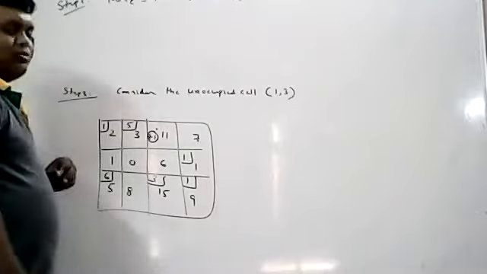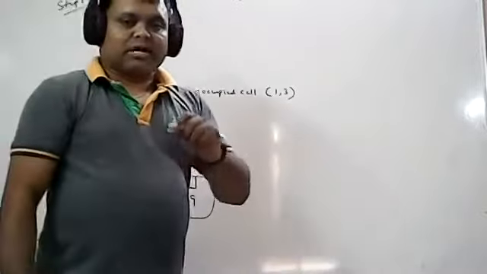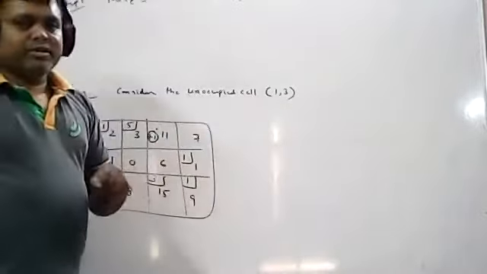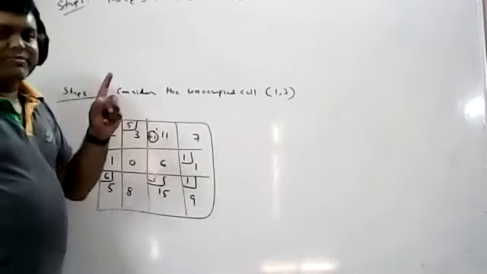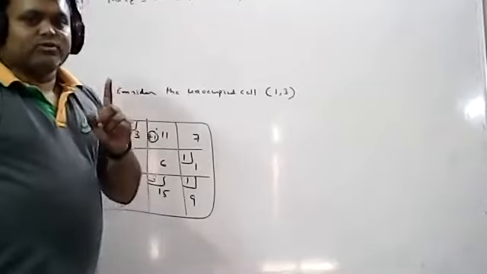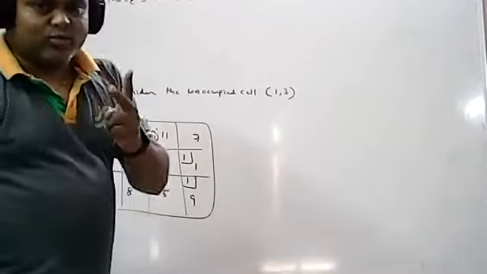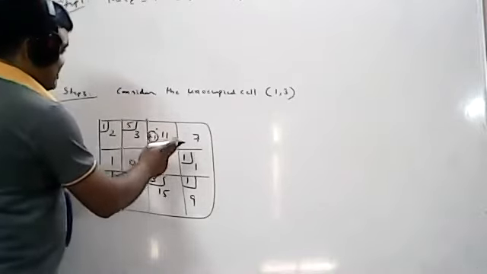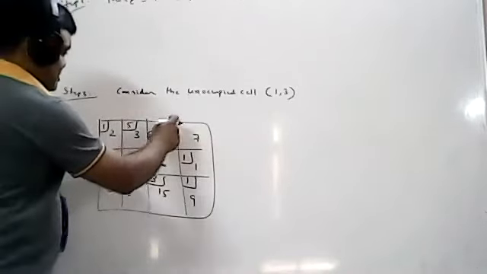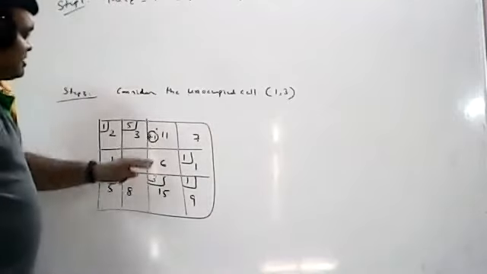Okay, now you have to form a loop. All of you know how to form a loop. A loop starts in the same cell and also ends in the same cell. A loop connects some of the occupied cells only. In any single row or single column, only 2 corner points should be there. So consider how many ways are there here? 3 ways are there. You can go like this, you can go like this, otherwise you can go like this.